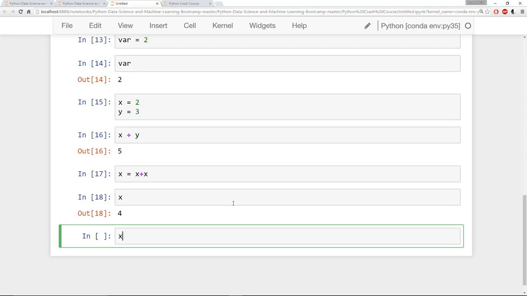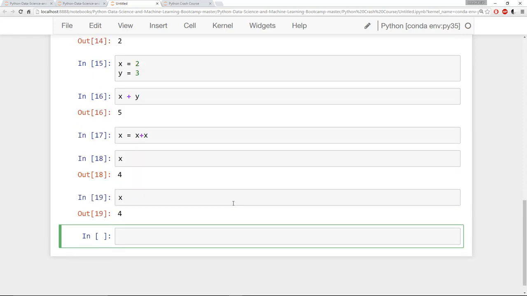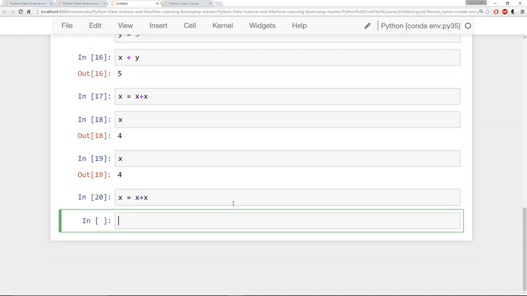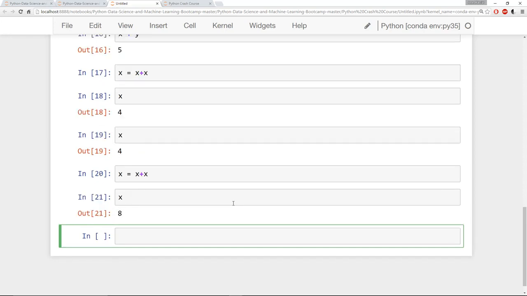And now whenever I call x again, it's going to be equal to 4. Meaning if I were to run that cell again, the x equals x plus x, every time I run it, it's essentially going to double the value of x. And it's going to reassign x as its old double value. All right,